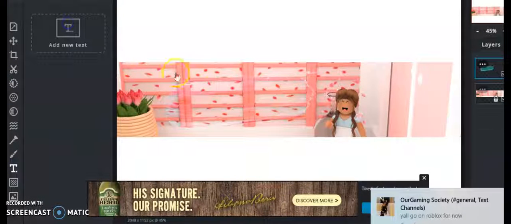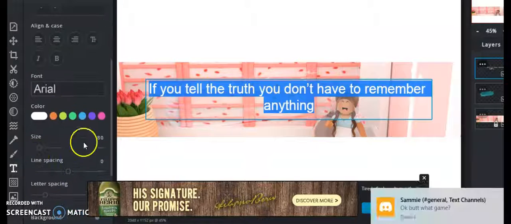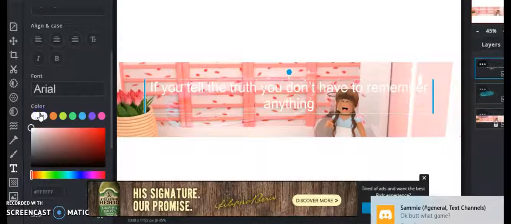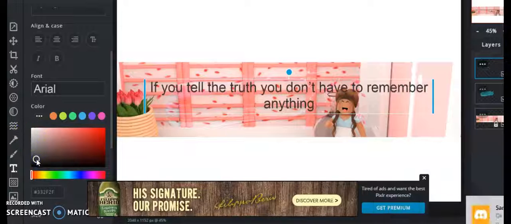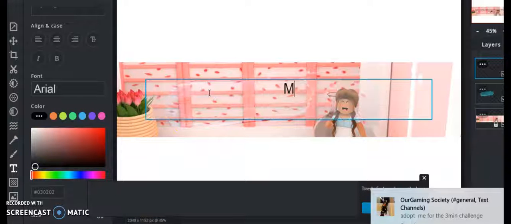So now what you can do is add text. Obviously I have to put it in black because my color's a little messed up. Okay. And then you can put it as